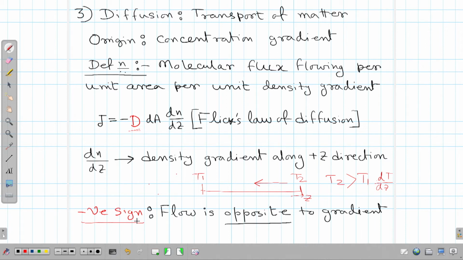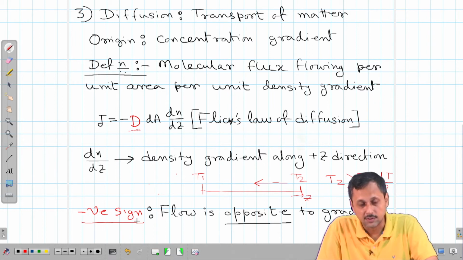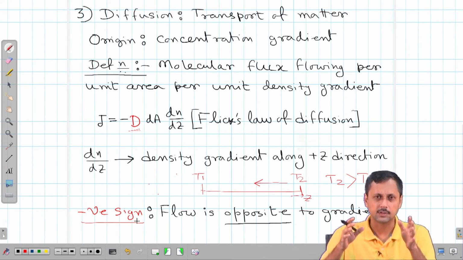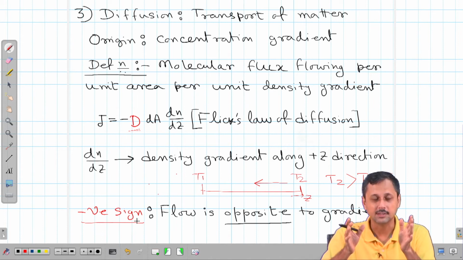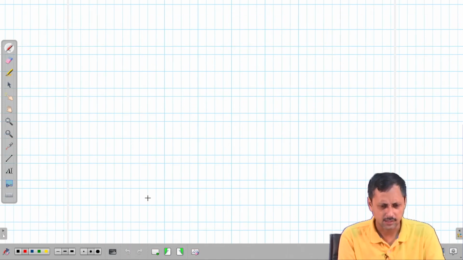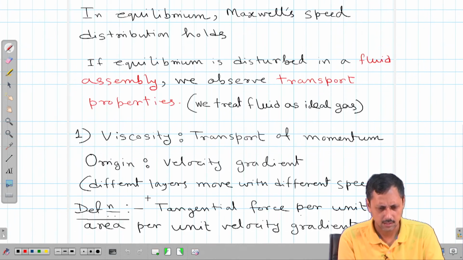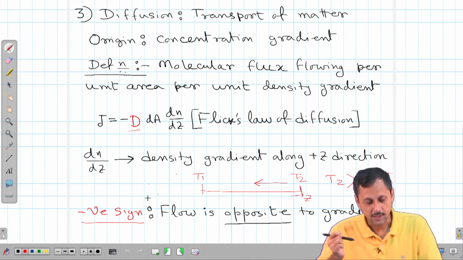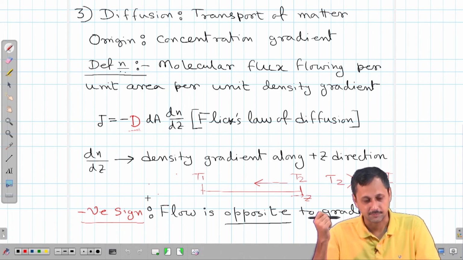Okay. So, now it is time that we formally look into these three phenomena and try to formalize it. What do I mean by formalizing? I want to start from the fundamentals of transport, fundamentals of mean free path, and finally come up with expressions for these three coefficients, that is D, eta and K, so that we can express these quantities in terms of the fundamental parameters of the system. So, let us start.